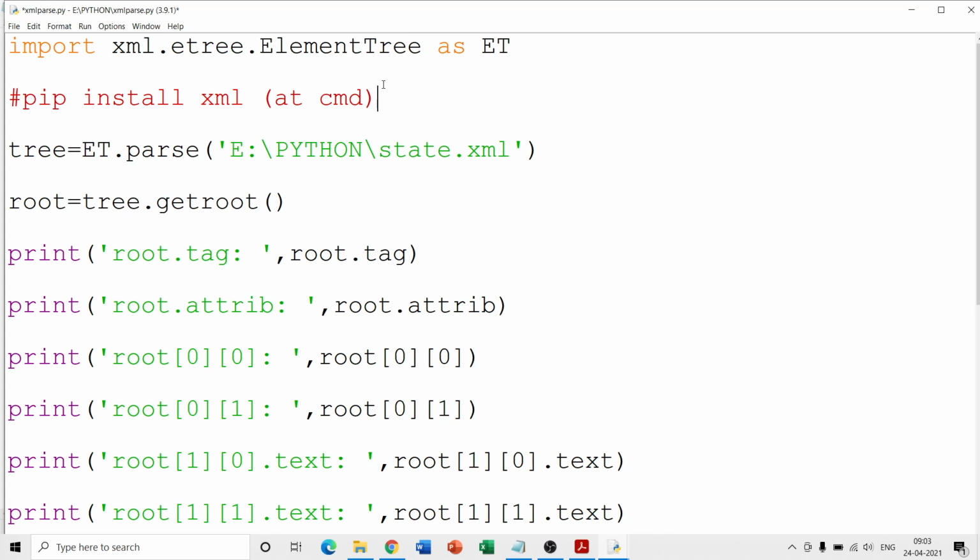Now if you recollect how we were reading the contents of a text file, f is equal to open, and then we pass the file name and the mode, read mode, write mode, etc. So here also tree is like a file handler or a pointer.